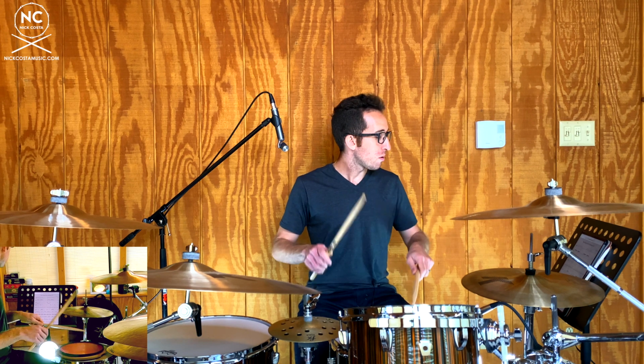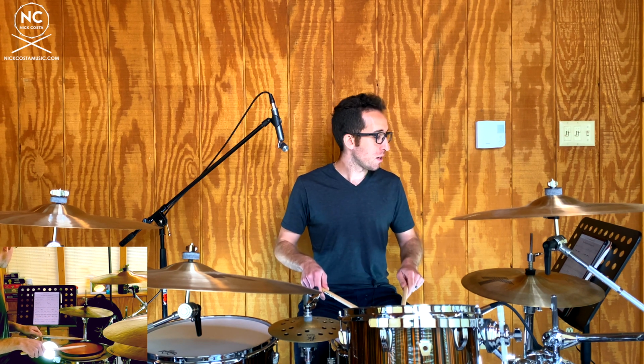1, 2, and 3, and a 4E and a. For measures 3 through 6, you are playing a 2-bar loop. That rhythm that you are playing is 1, 2, and a 3E and 1E and a 2, 3, and a 4E and a. That means that you are going to play a 9-stroke roll starting on beat 1 of the